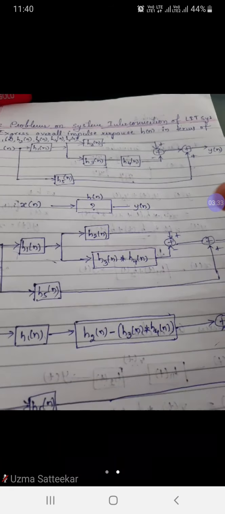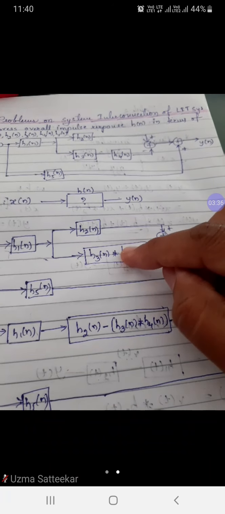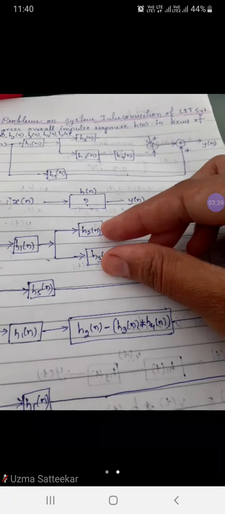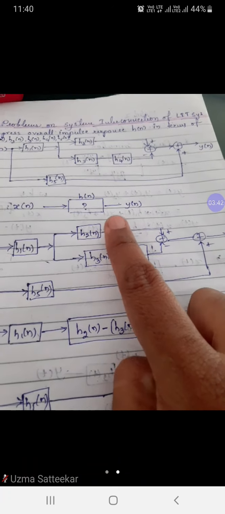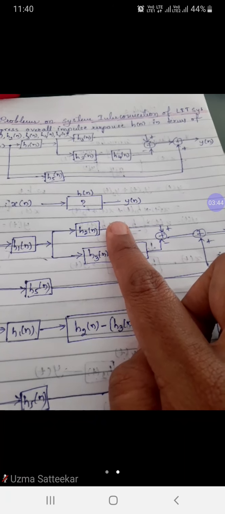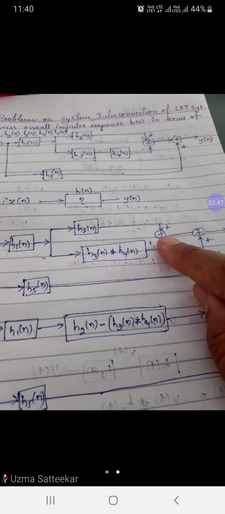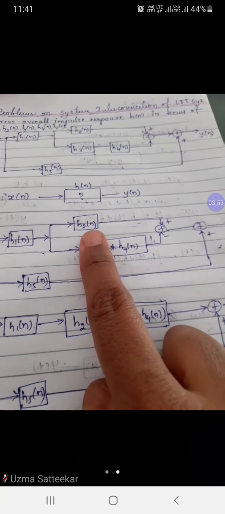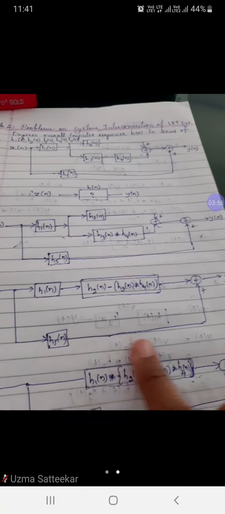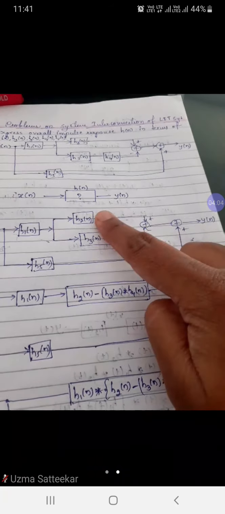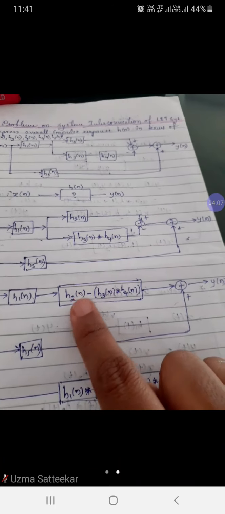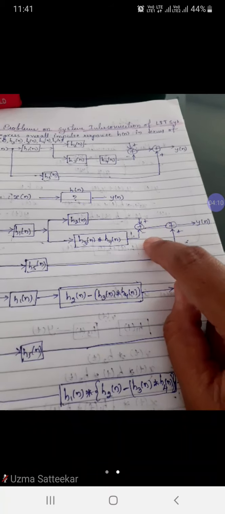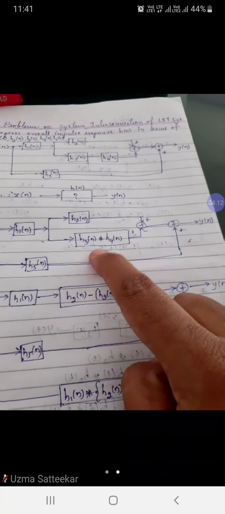Then going to the next, if you observe, this particular block is in parallel with h2. So try to reduce this parallel connection. We have seen that when impulse responses are connected in parallel, we just need to add or subtract them depending upon the sign used. Here it is negative, hence in the next step x as it is, y as it is, h1, h5, every other part of the diagram is as it is except this part. Here instead of these two parallel connections, h2 is getting subtracted with this.